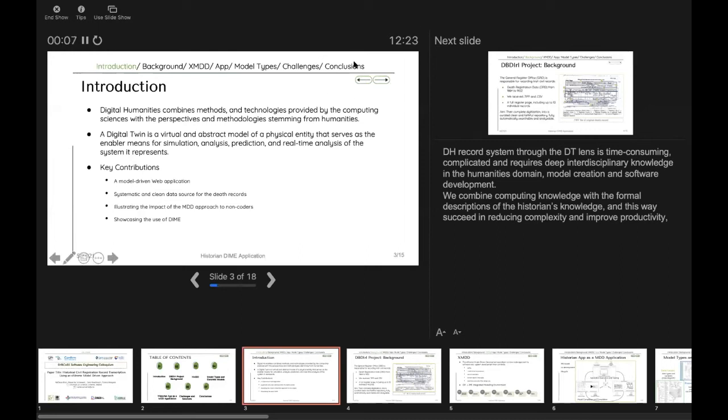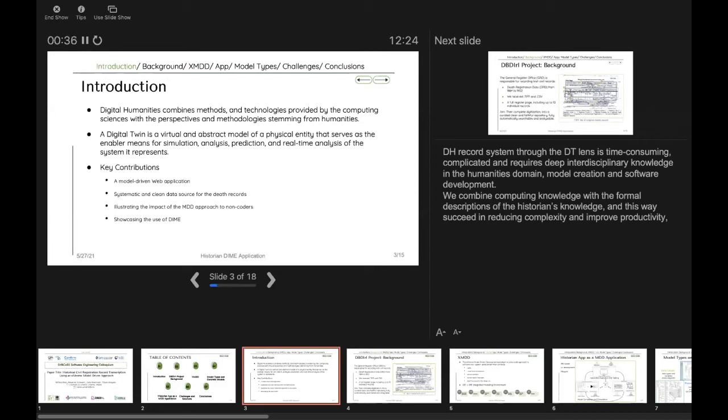Sorry about that. In the digital humanities, the digital twin concept upholds massive potential to transform the landscape of how digital humanity methods can assist in representation, analysis, and understanding of our past, which in turn can provide useful learning for the present and future. Developing a mirror of a traditional digital humanity record system through the digital lens is time-consuming, complicated, and requires deep interdisciplinary knowledge in the humanities and software development.